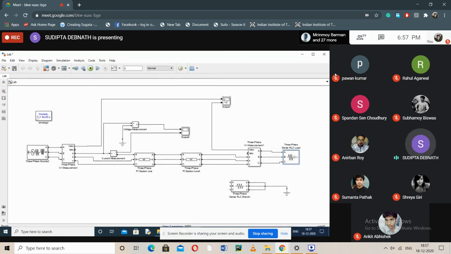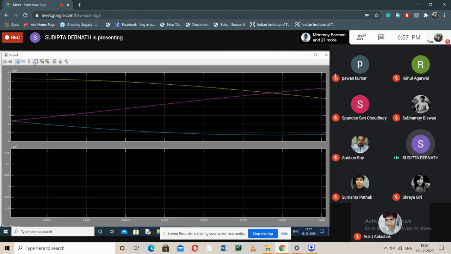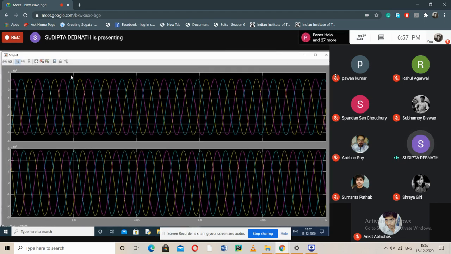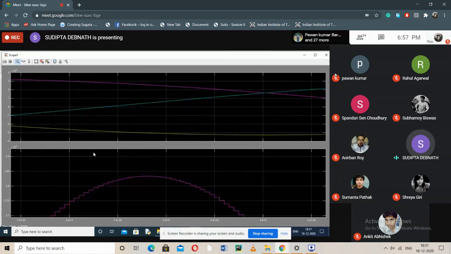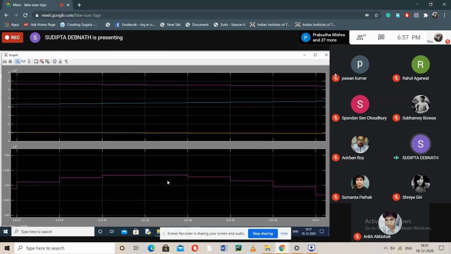So we are again running and we are finding from the scope. This is the second reading. The sending end voltage you need not note down. It will remain the same. What is the value of the receiving end voltage? As we have increased the load, the receiving end voltage is less than the previous one. What is the value? The value is 283.5 or 283.4 like that. Okay, so you write down 283.4 as the receiving end voltage.